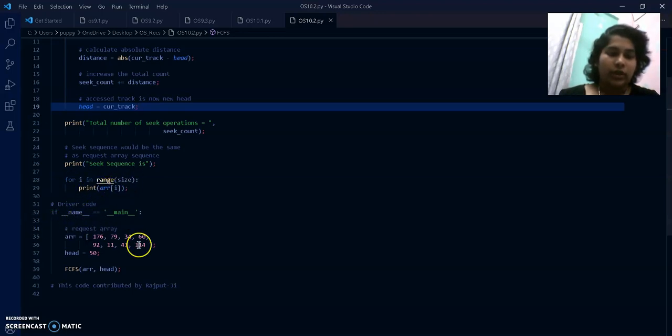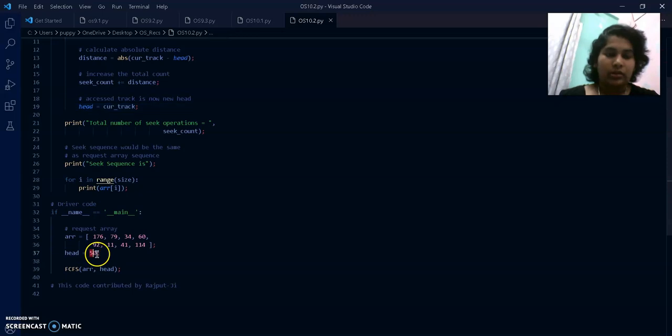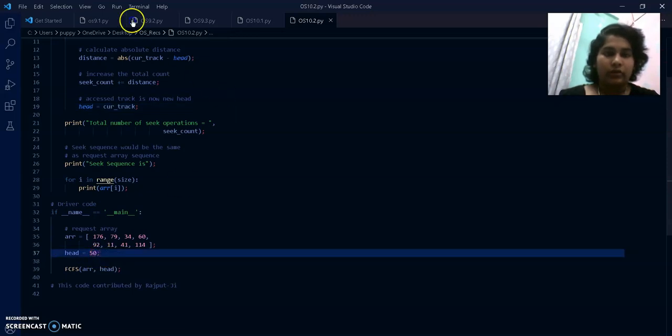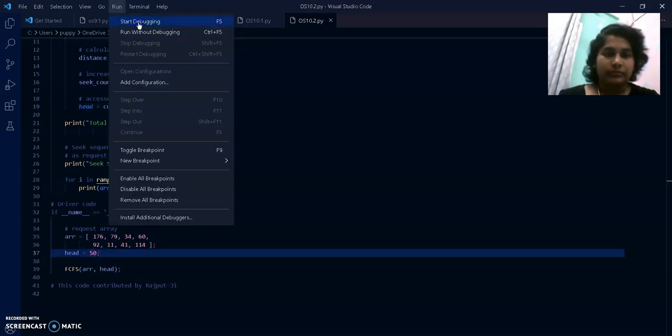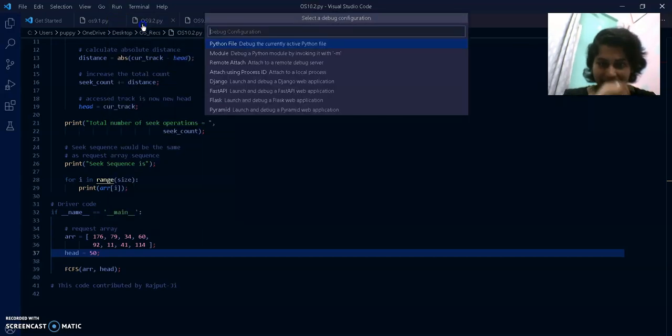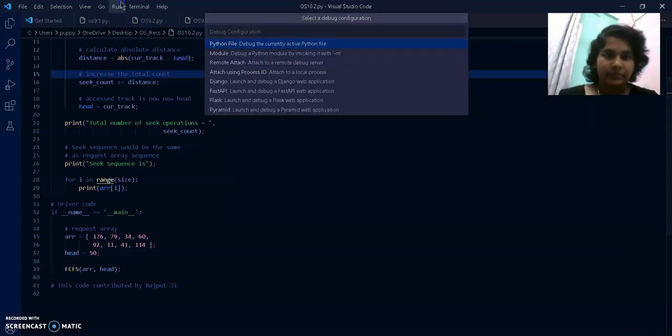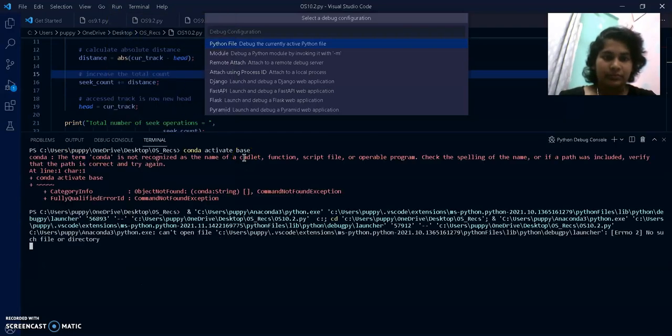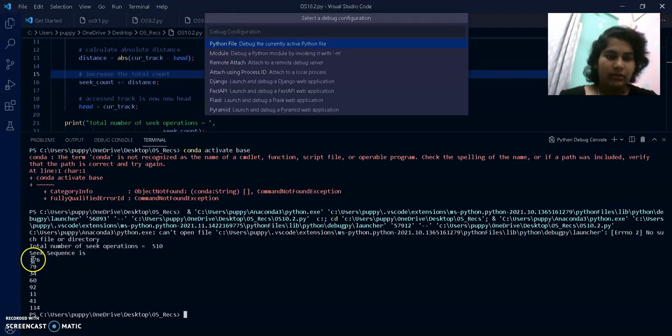And in the main function, we have the array, and the head is initialized as 50, and we're calling the function. So we can see that we're getting the